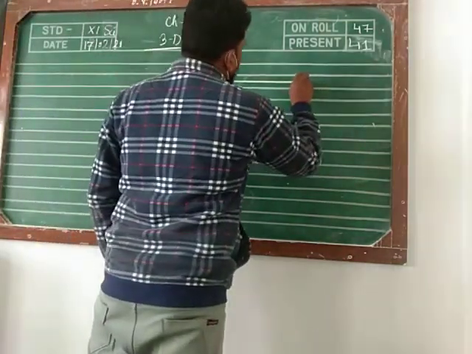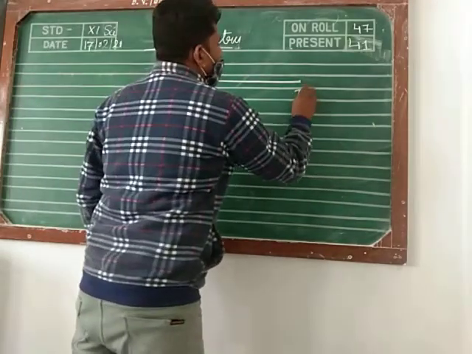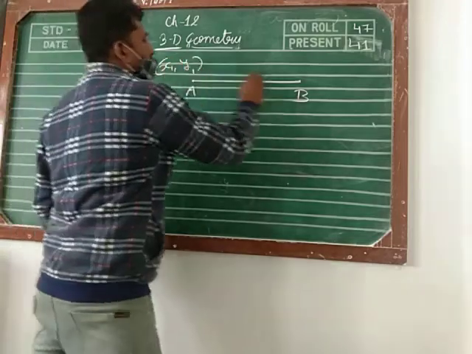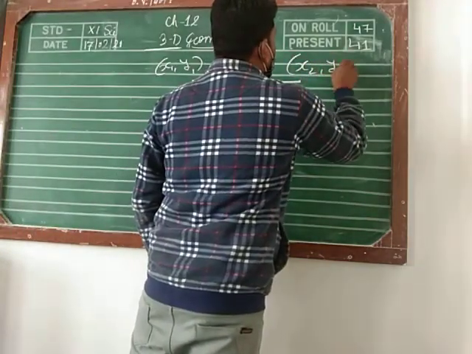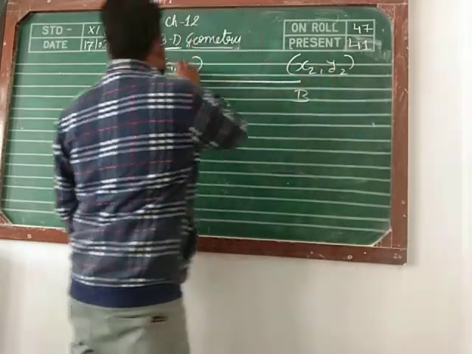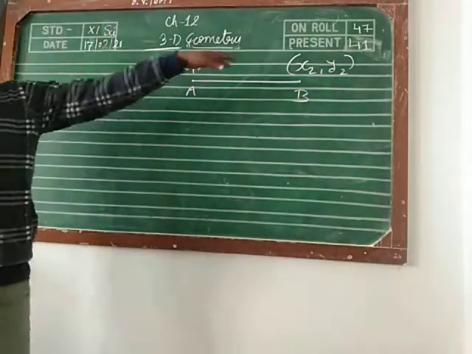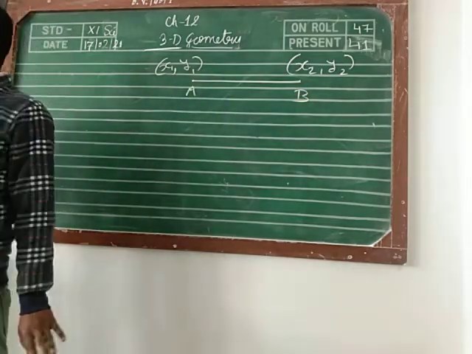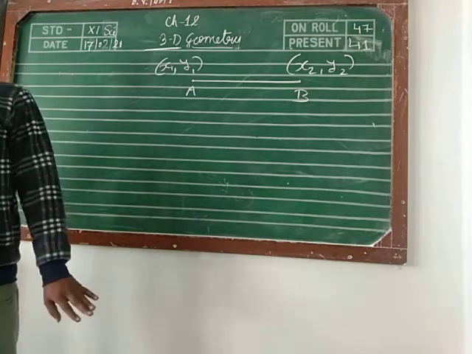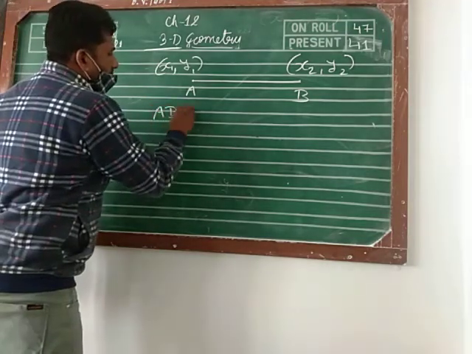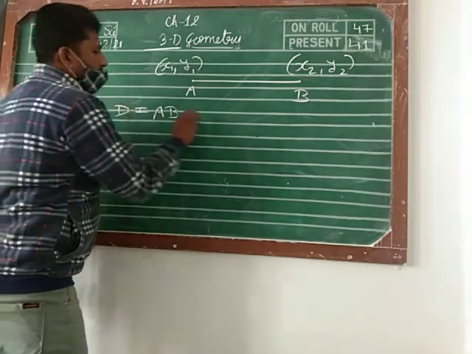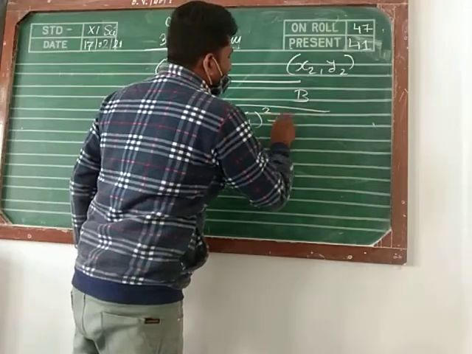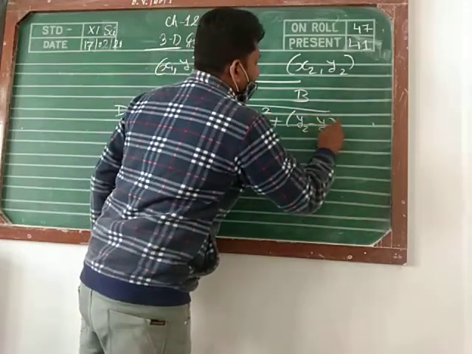Then in the previous section, we had two points A and B, and if you take the coordinates as x1, y1 and x2, y2 in 2D geometry, you are able to find the distance AB by using which formula? The distance formula is the square root of x2 minus x1 whole square plus y2 minus y1 whole square.